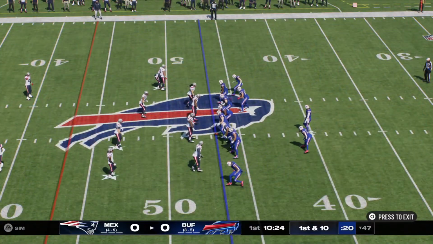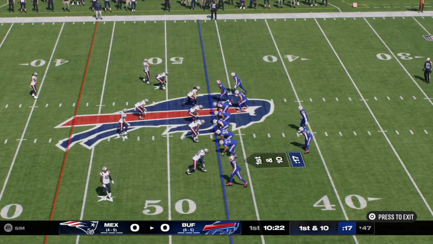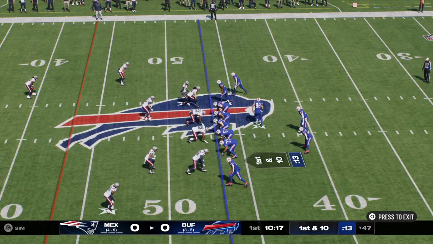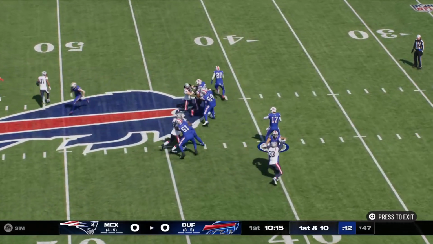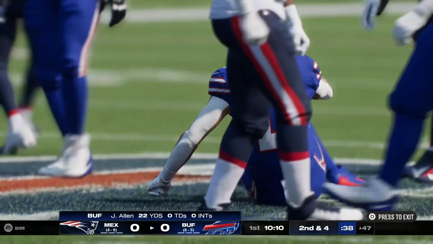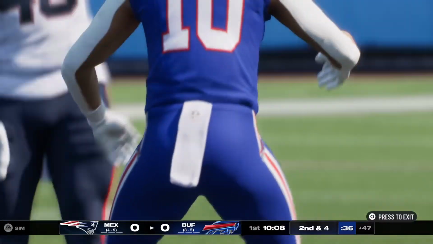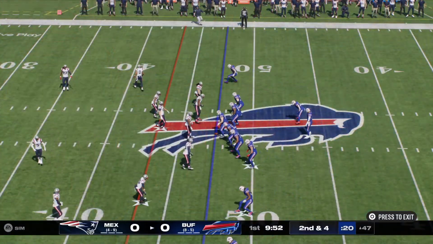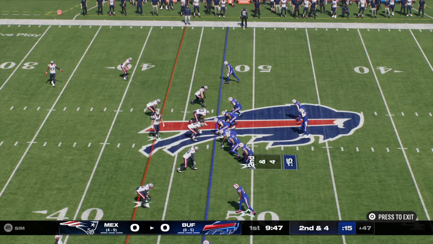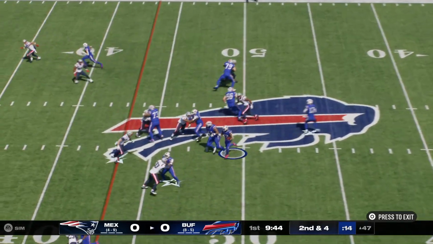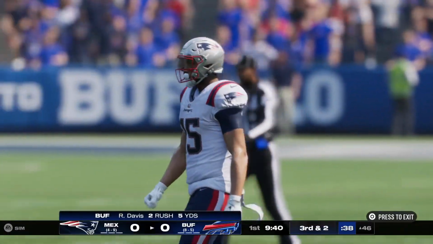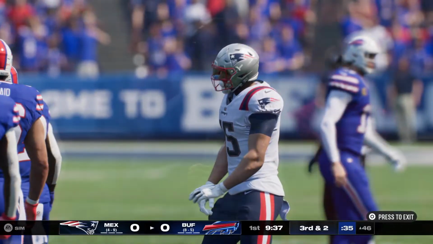A couple of first downs on the drive already, as they'll go from the 47 now on 1st down. In motion goes the tight end. Throwing now is Allen. Shakir hauls it in. And he'll take this from one 47-yard line to the other. A gain of 6. Ball on the 47-yard line. Here's a 2nd and 4. Out of the shotgun, they'll run with Davis. And he got half of what he needed there, 2 yards. And it'll bring up a 3rd and 2 more.